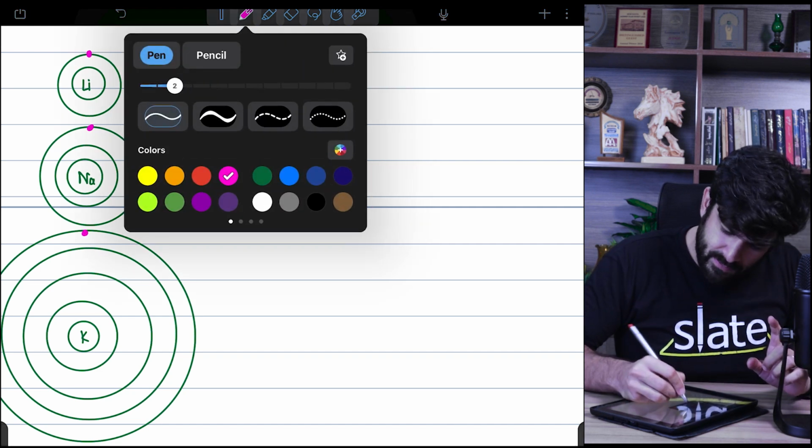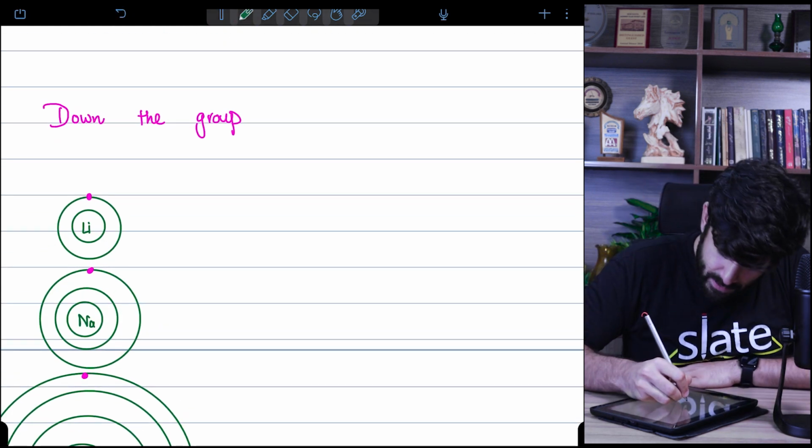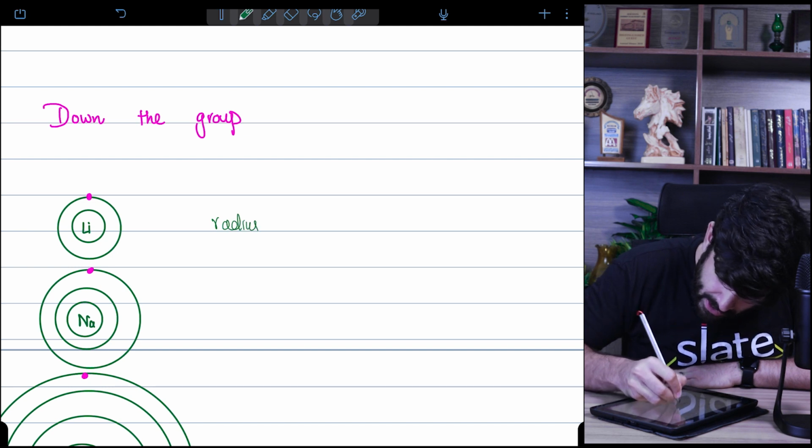So let's talk about these. There are two factors at play. Down the group, radius increases,